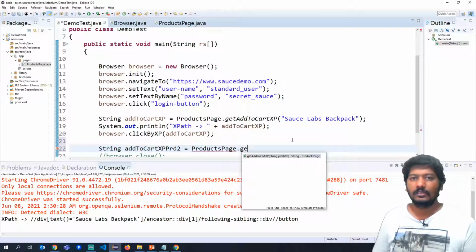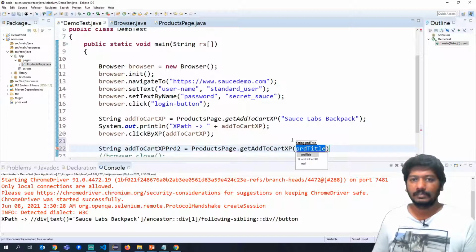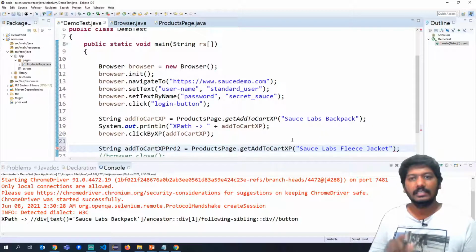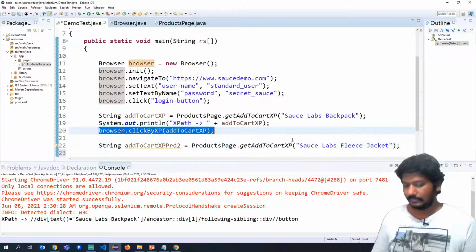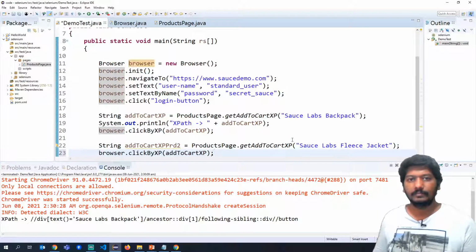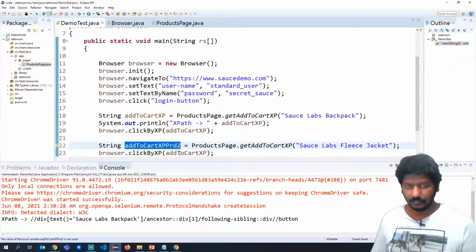ProductsPage dot getAddToCartXPath of. This is the another item related XPath or title, right? So now a new XPath is created, and then we will use this again. And instead of the previous one, we will now give the new XPath.